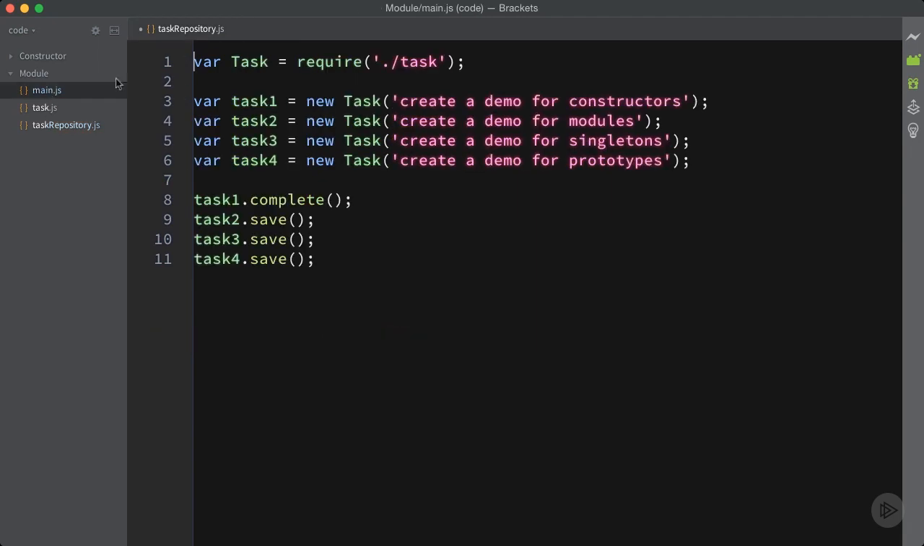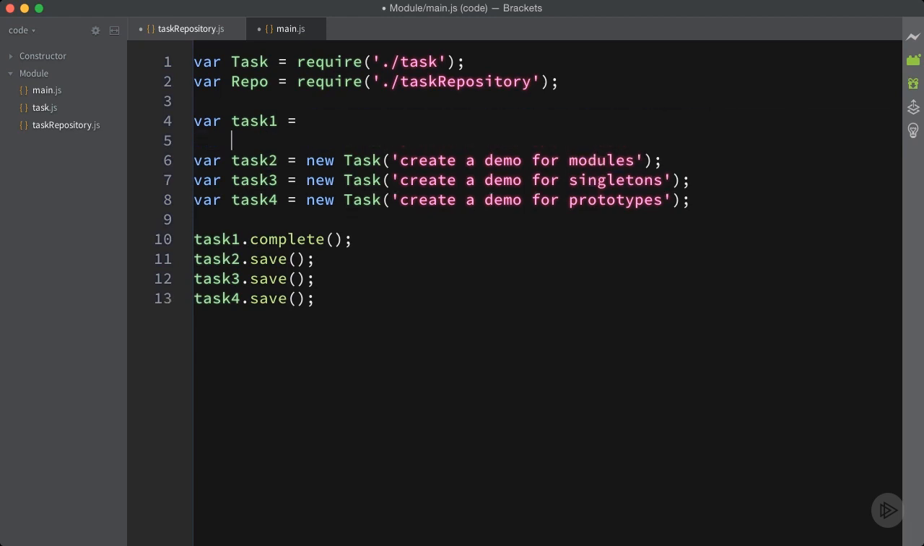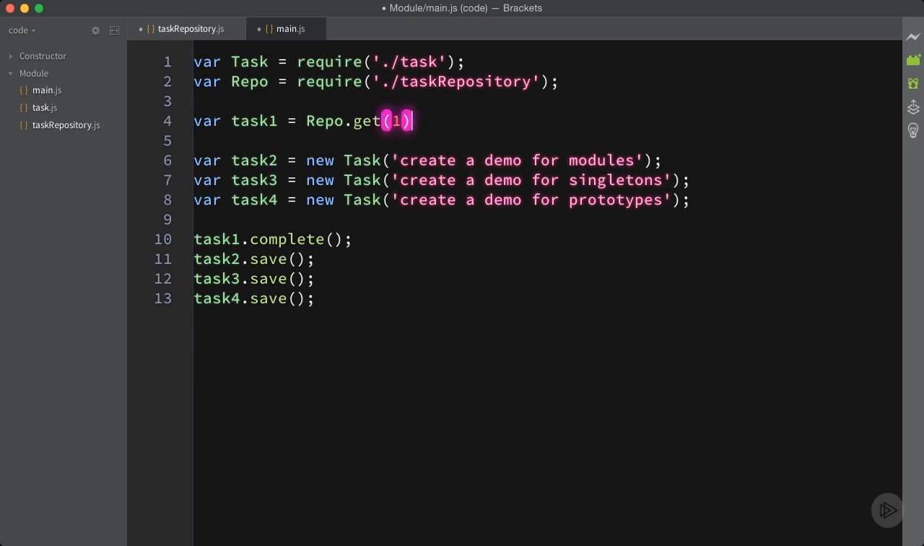So if I go back over to main where I have var task equals require task, now I can have var repo equals require our task repository. And now I can do task 1, instead of saying task 1 is this, let's just get rid of that. And now I can say repo.get and pass in an ID and then wrap that in the new task. So now I'm creating a new task and I'm using my task repository to go out to the database and